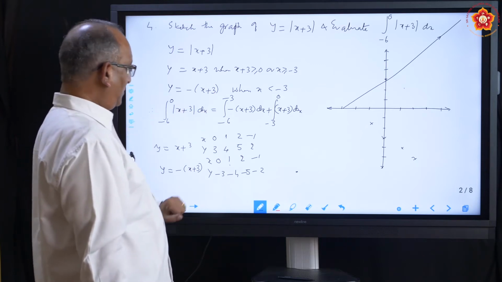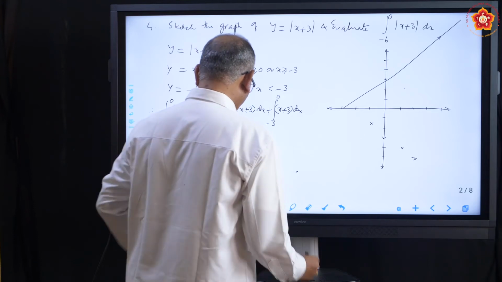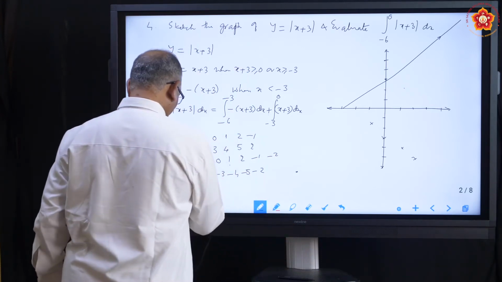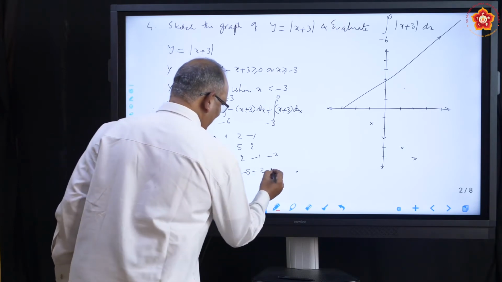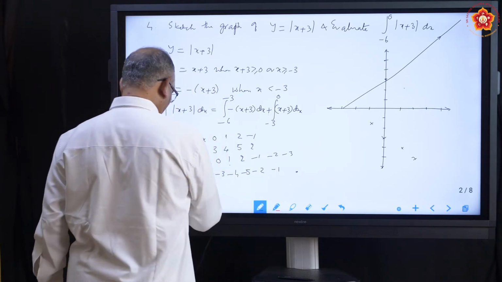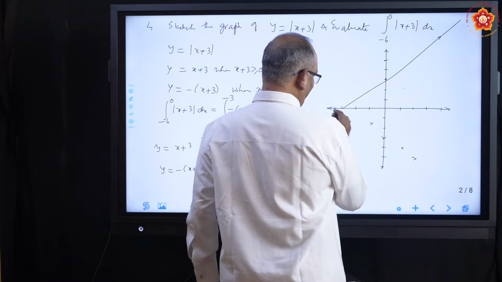Okay, so join these points, and if you take minus 2 for example here, minus 2 plus 3 will become 1, as a result you will get minus 1, and if you take minus 3 it will become 0. So when x is minus 3,